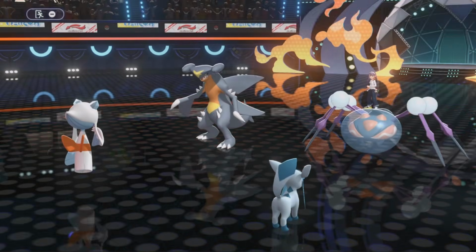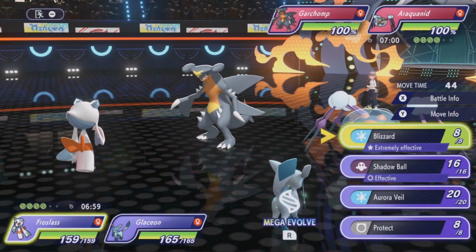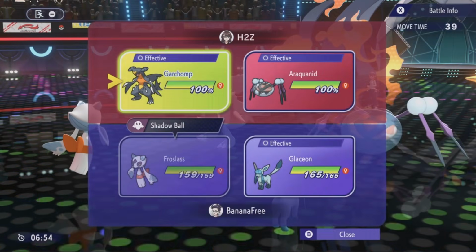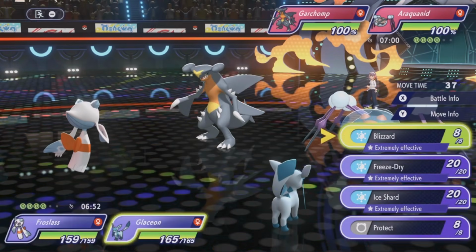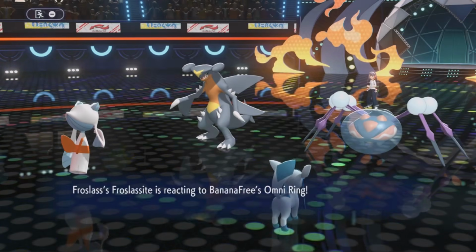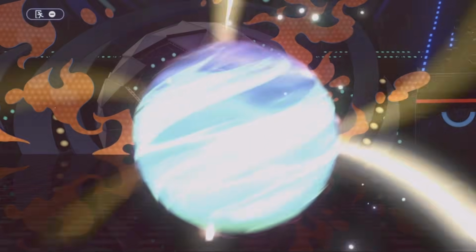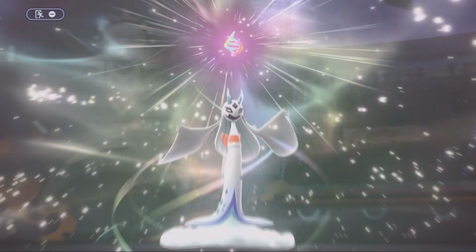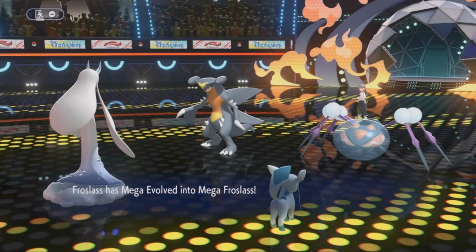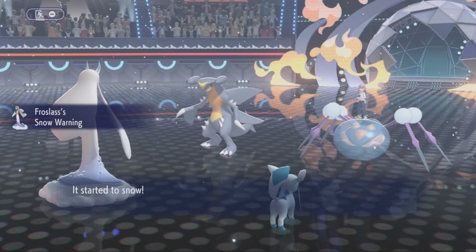What that's going to tell me is he's most likely going to have Wide Guard. Because I think he has Wide Guard, I'm going to just double into Araquanid to Shadow Ball and Freeze Dry. Even if he does swap in Tyranitar, this will still do a decent amount of damage, but I really want Araquanid gone because I don't want to deal with Wide Guard because it does kind of counter this team. So hopefully...